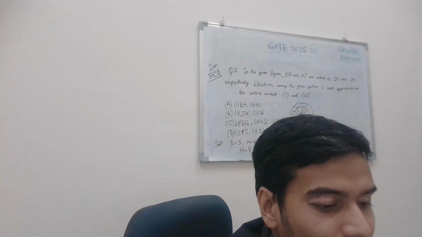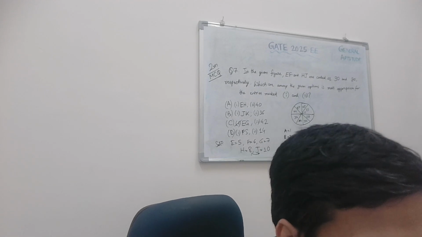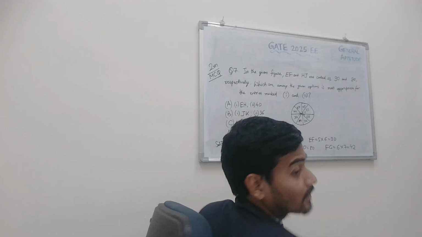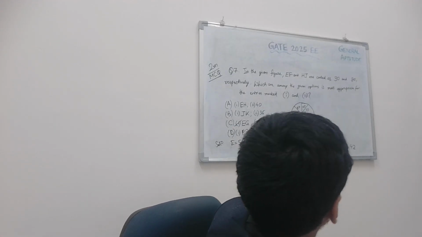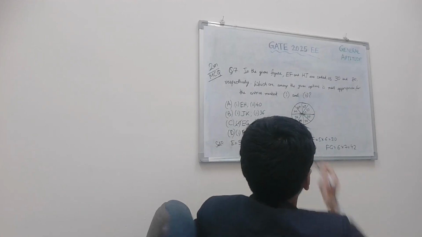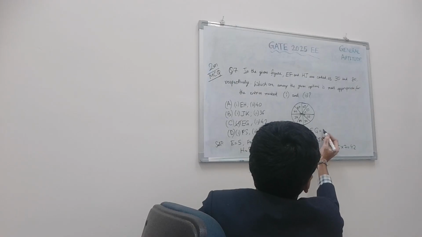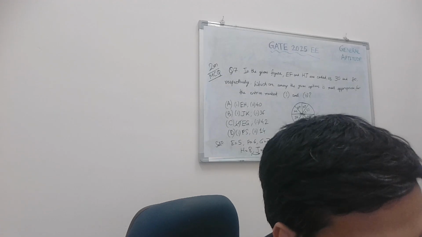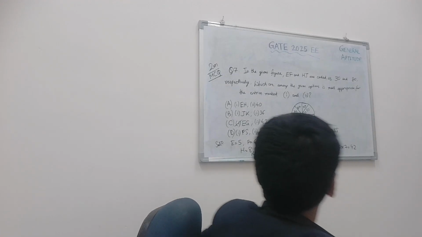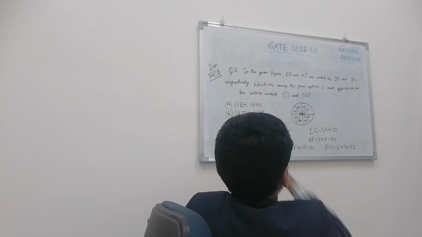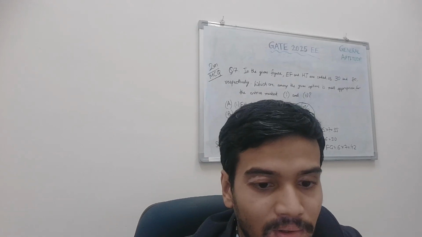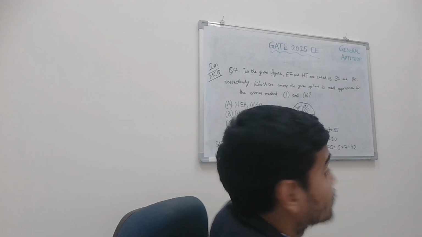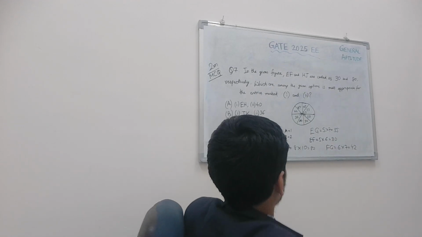So here we should have 42, right? Here there should be 42, opposite to FG, that is number 2. So number 1 we will have EG because E is 5 and G is 7. So 5 into 7 is 35. So opposite 35 we will have EG and opposite to FG we will have 42. So 1 is EG and 2 is 42. So the correct answer for this question is option C.